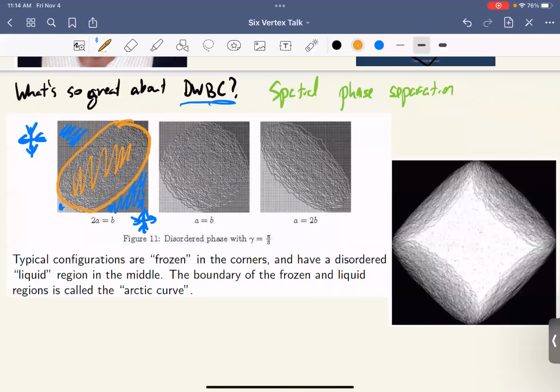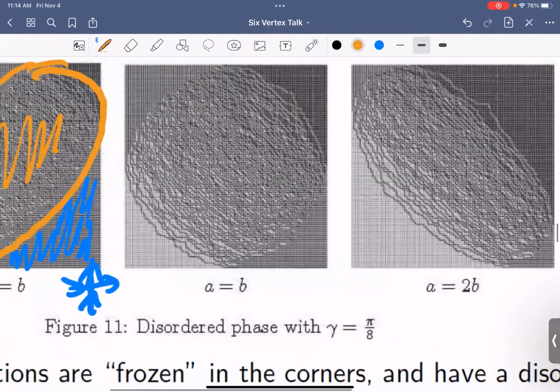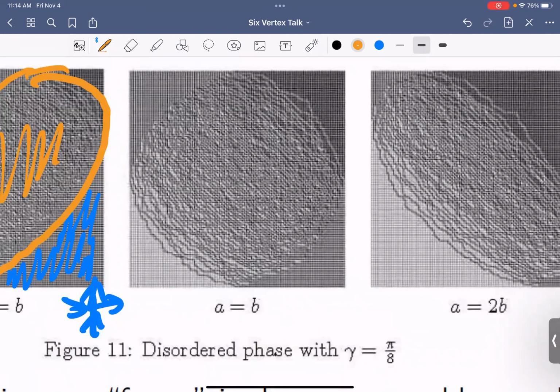Can you describe how this picture is generated? Not very well. So I took these from a paper by Nikolai Reshetikhin and his collaborators, Allison. So, what are you looking at? So I think they, yeah, you can think like each vertex type is shaded a different color. Okay. I think they might have been using the lattice path picture instead.